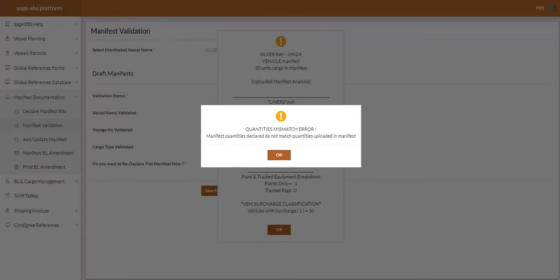Now, as we have it on our screen is a pop-up which says quantities mismatch errors. This simply means the already manifested upload that we uploaded from the system into the SageGBS application and our own declared quantity or values are not correlating.